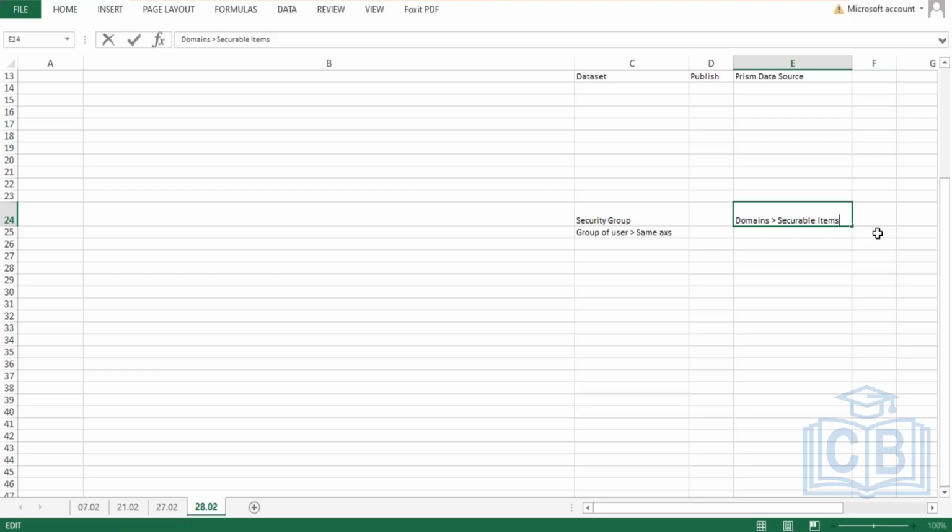You need access to some report, it is a securable item. You need access to certain task, it is a securable item. You need access to a data source, it is a securable item. You need access to a field, let's say date of birth of the employee, it is a securable item, right? So what Workday has done is it has given us a lot of standard domains, and these domains are collection